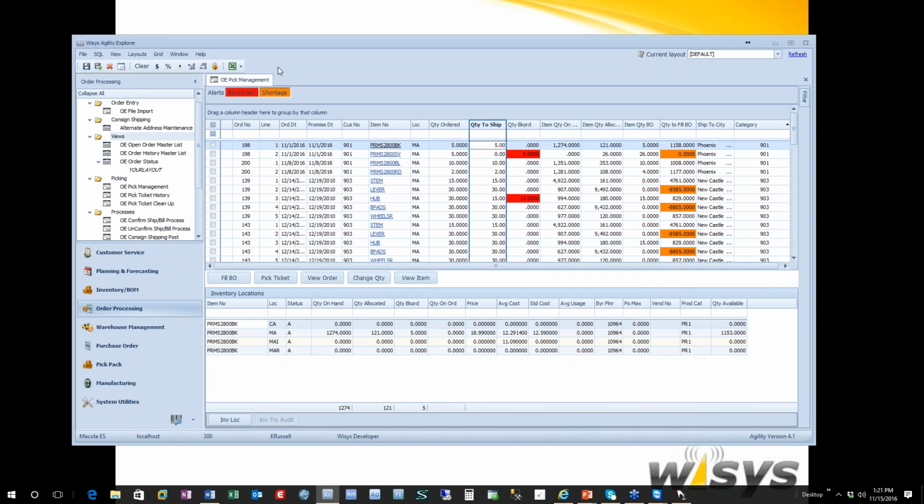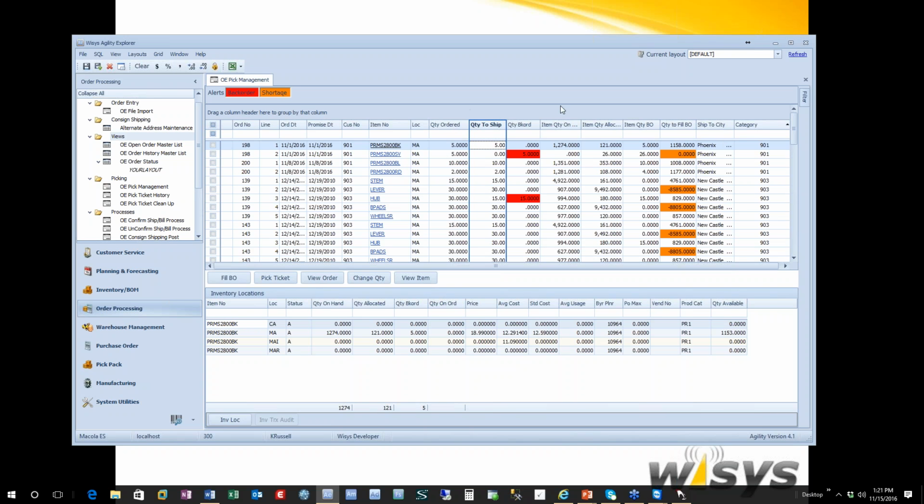Now, if you're a user or customer here and you want to fill back orders, maybe I need to fill them first by the category and then by the item. One of the things that I can do is I can also put fields together to create a stronger group. So up here I can